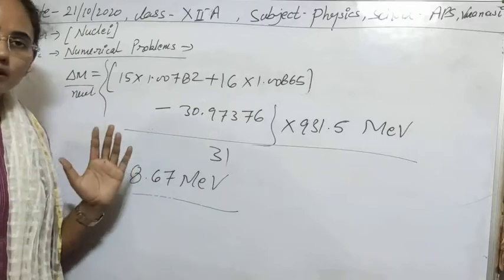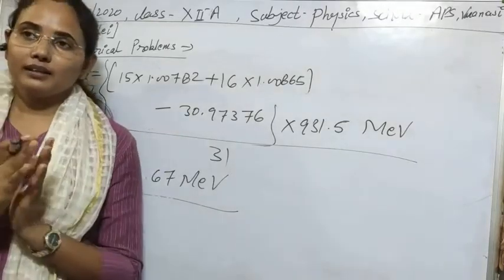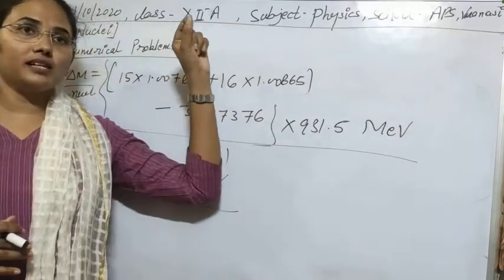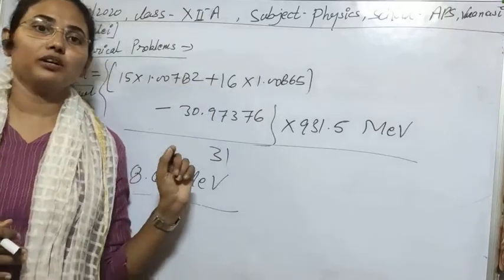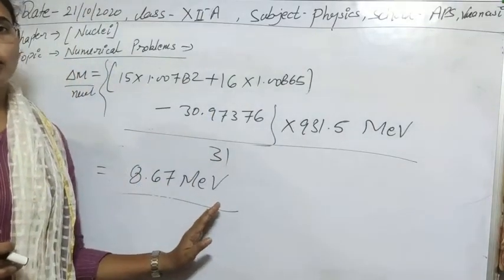So after this numerical problem and calculation, we can understand why, in the binding energy curve, some points are at a peak and some points are at a lower level. With the calculation of their binding energy per nucleon, we can draw that.